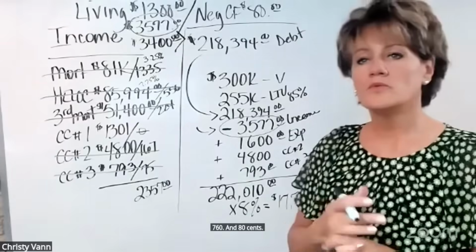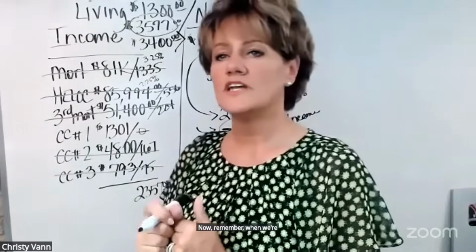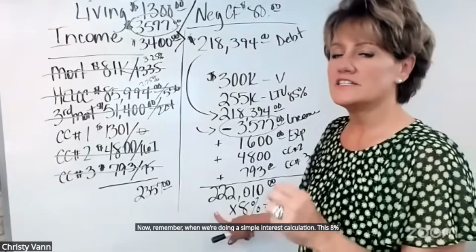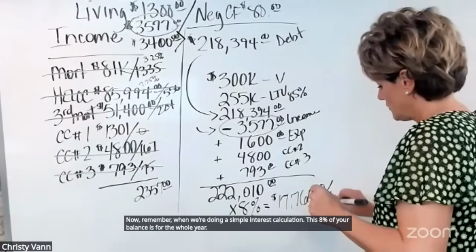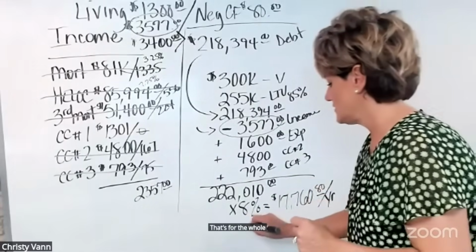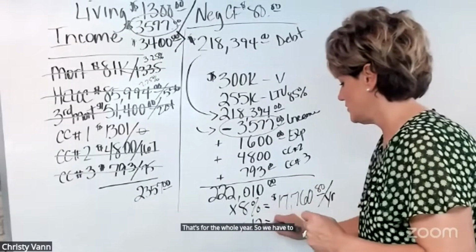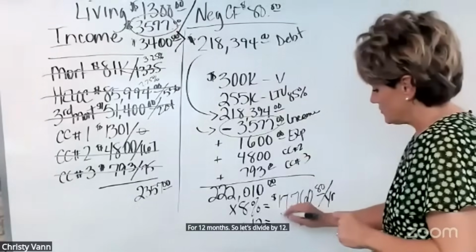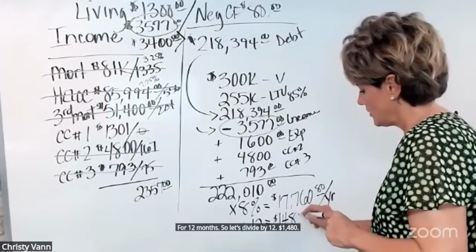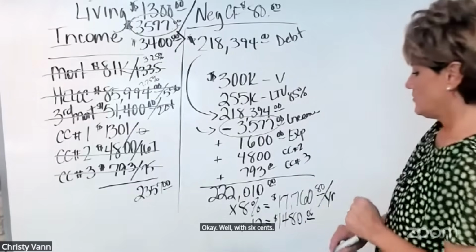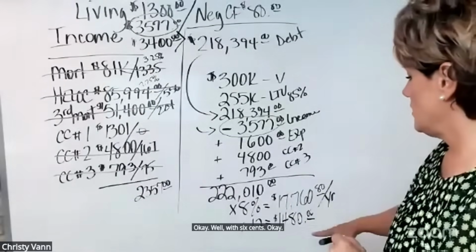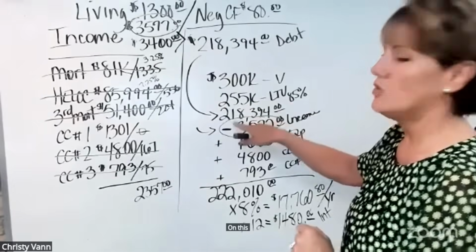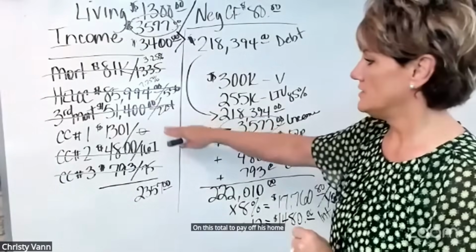Now, remember, when we're doing a simple interest calculation, this 8% of your balance is for the whole year. That's for the whole year. So we have to divide that by 12 for 12 months. So let's divide by 12, $1,480, okay, well, with 6 cents. Okay, so $1,480 would be his interest on this total to pay off his home and to pay off the